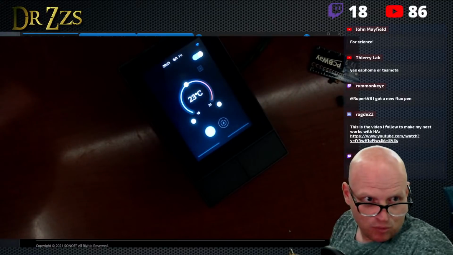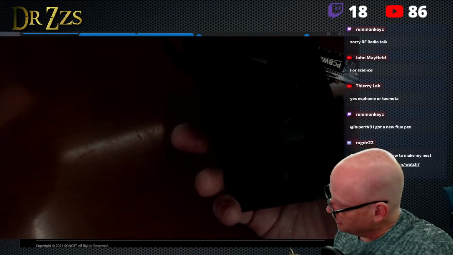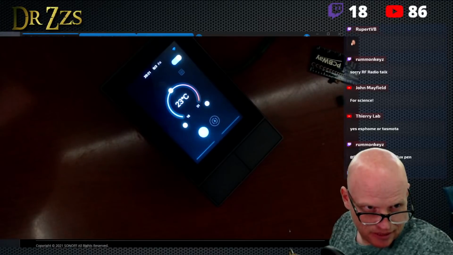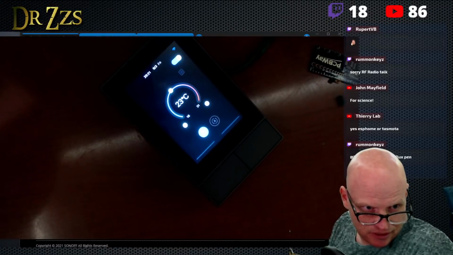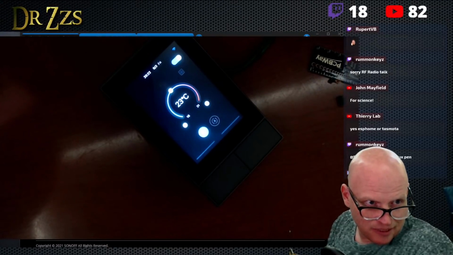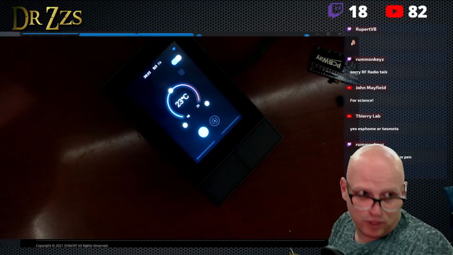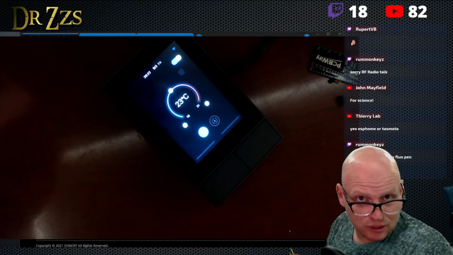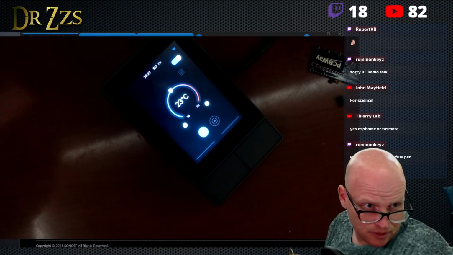We already know it's got an ESP32 in it, but I want to know what pins are connected to what. Maybe we can see some of that and just get an idea of the layout inside there, just for kicksies. I have not played with how to program a display on an ESP32. I know you can do it, and I know you can do it with ESP Home, which is awesome.